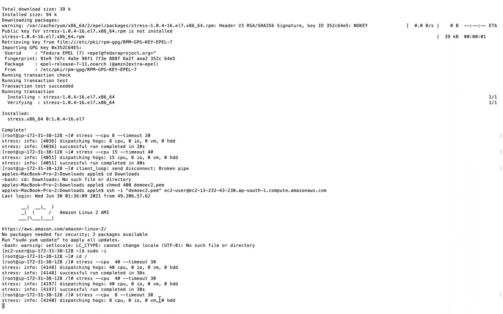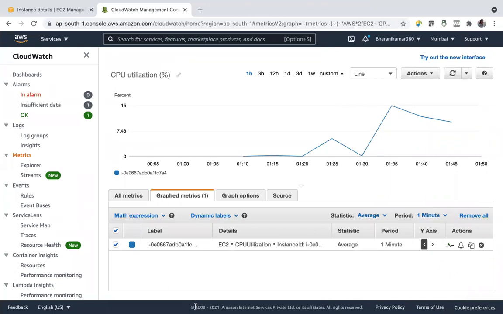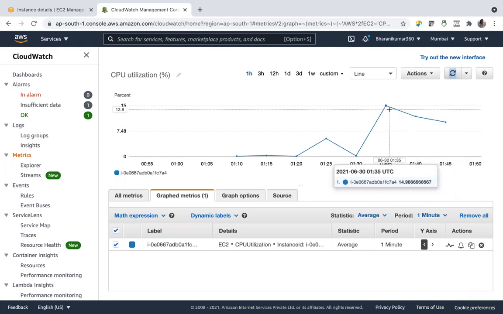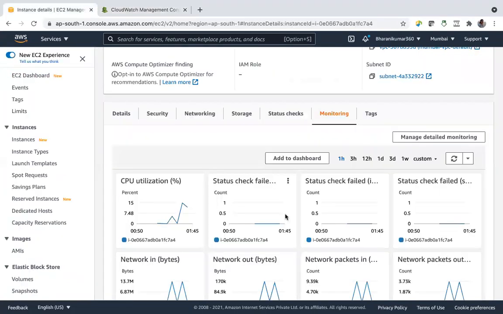When your CPU utilization meets that 30%, you can see the auto scaling group adds more instances. And let us look into the other metrics.